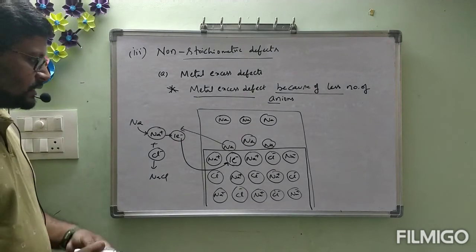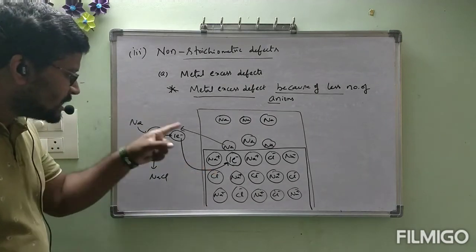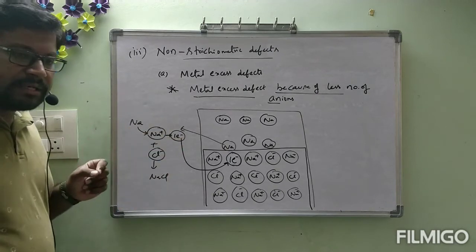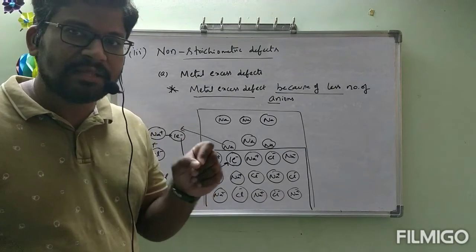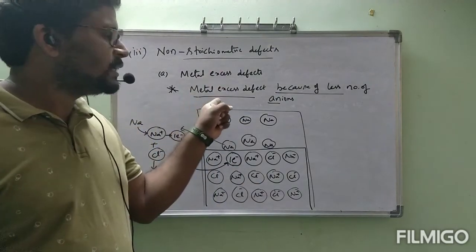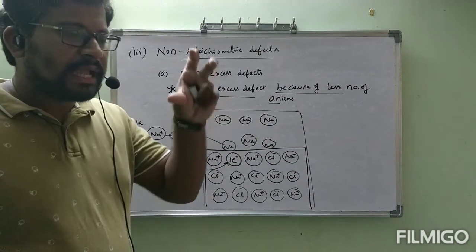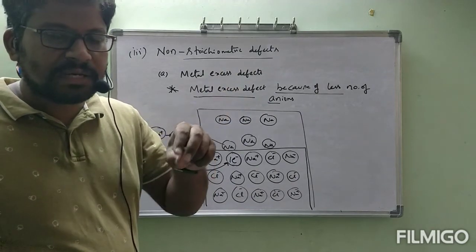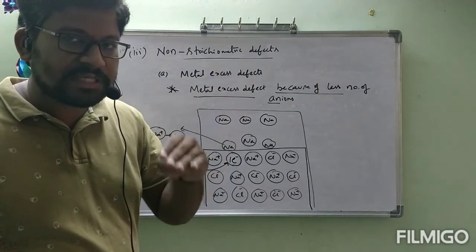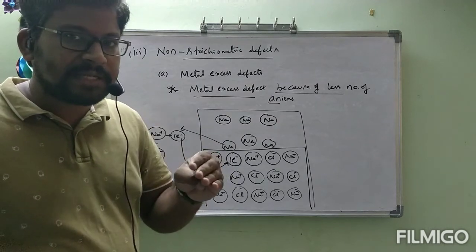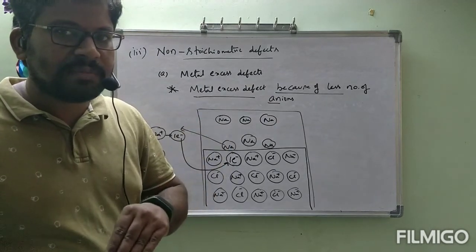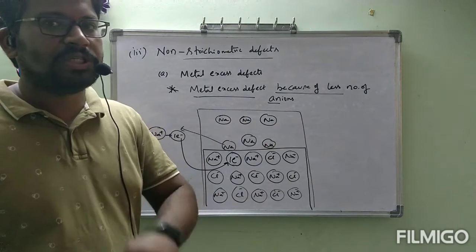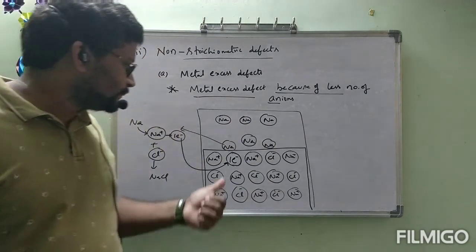Shall I rub this diagram? I hope you are clear. There is no confusion at all. Draw the diagram neatly. When an NaCl crystal is heated in the presence of sodium vapor, we will observe this defect. The Na particles present in the vapor state lose one electron as they come to the surface, forming Na plus. That Na plus reacts with one of the Cl minus ions in the crystal to form NaCl on the surface. Then that electron comes and occupies the position of Cl minus.